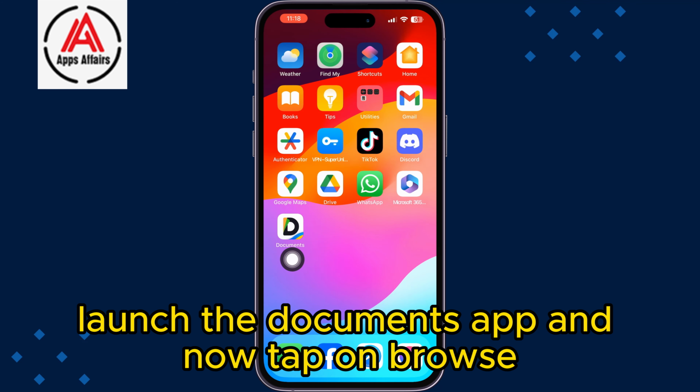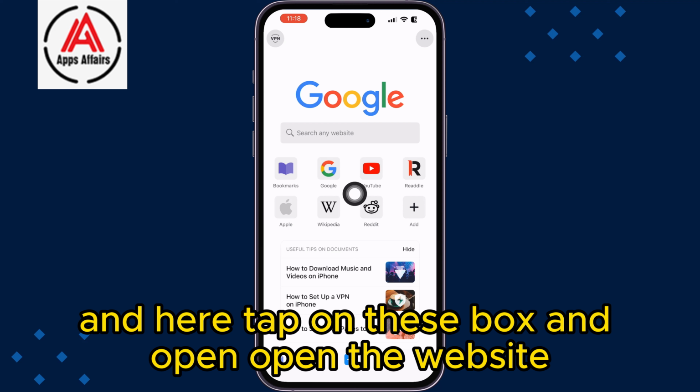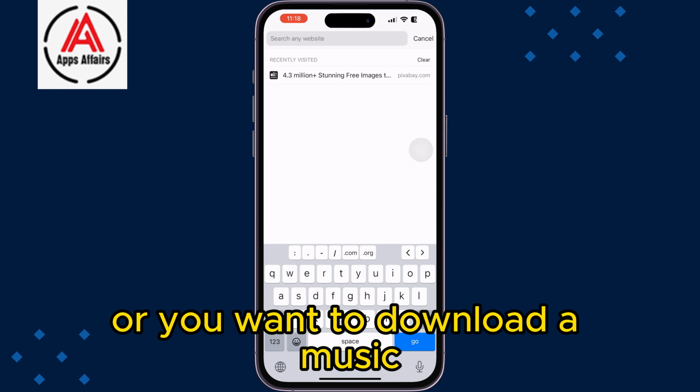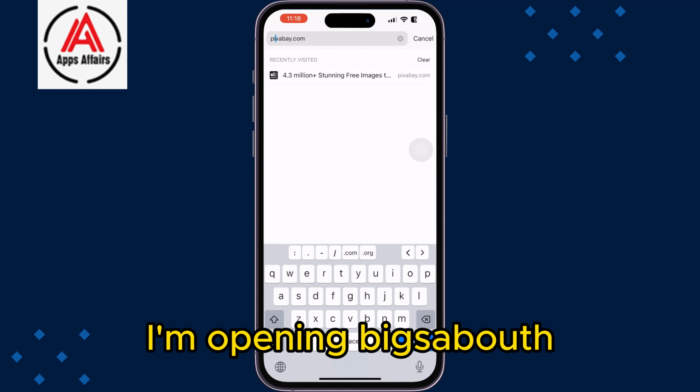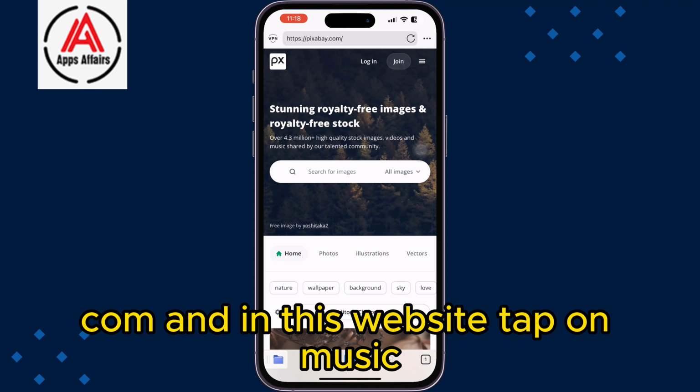First of all, launch the Documents app and tap on Browse, and here tap on this box and open the website where you want to download music. I'm opening pixabay.com, and in this website tap on Music,